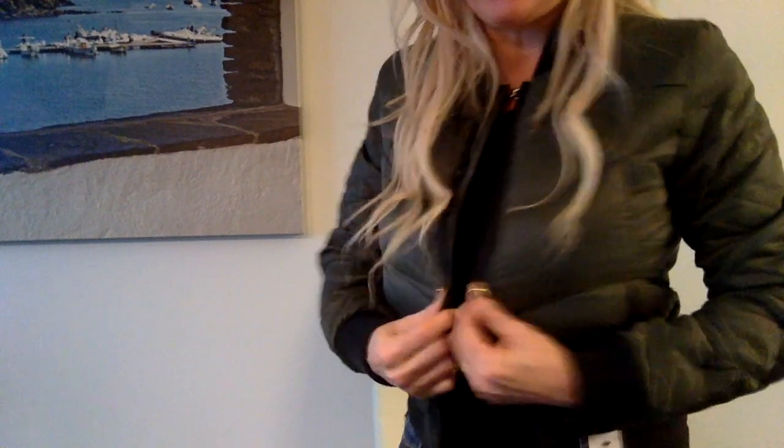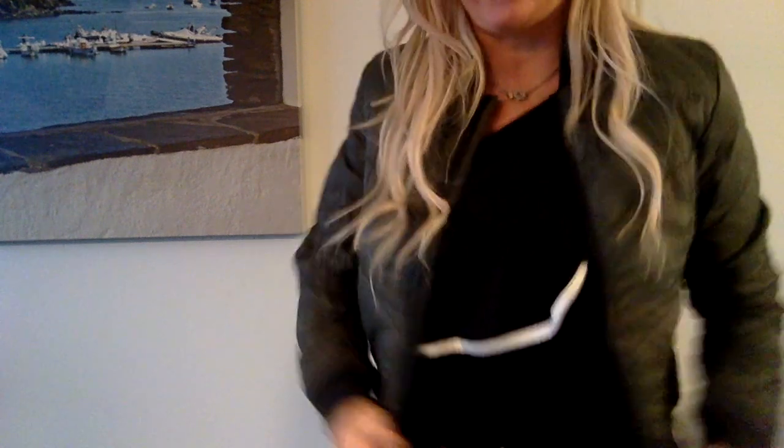And then these are the jeans that are in there as well. They fit pretty good. They're a skinny jean, and they're pretty cute. The bomber jacket, it's like a puffer style material bomber jacket. So let's see here. It's an extra small, and so it's a little bit tight on me. I can still wear it, but